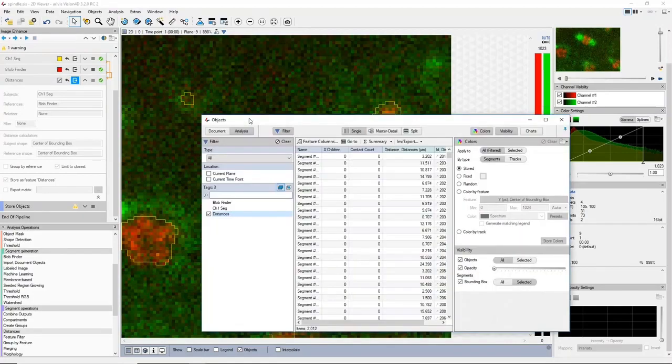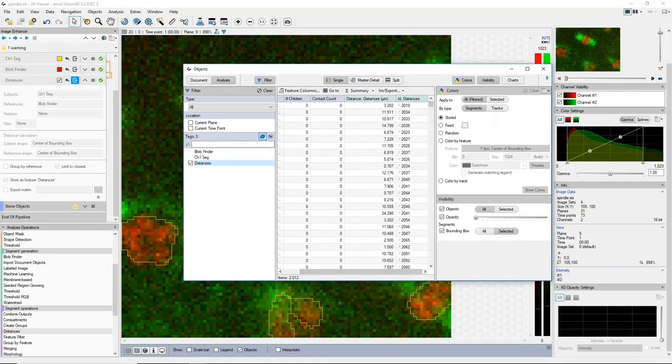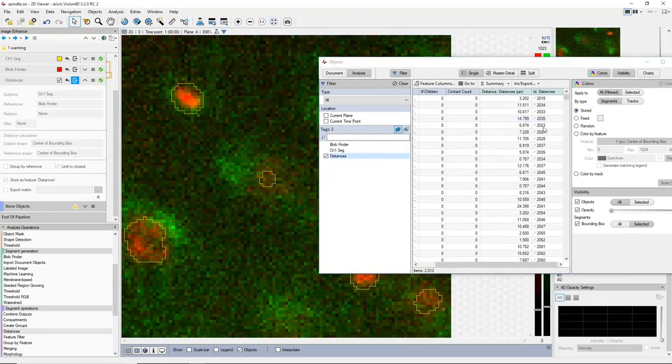So when we run this operation, you can see with the center to center, it's really fast. Automatically, we get the distance results inside the pipeline in the objects table, so you can quickly see which objects is which. So if I double click on an object here, you can also see this object, its closest neighbor is